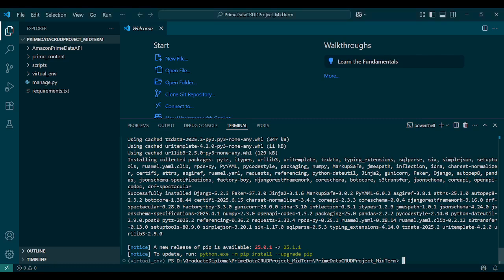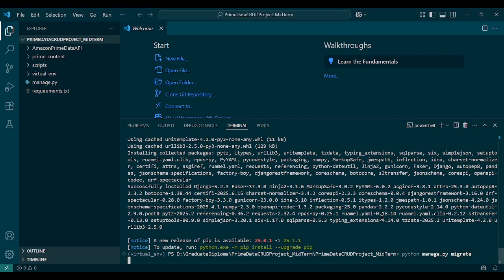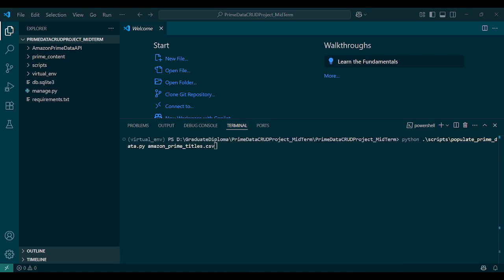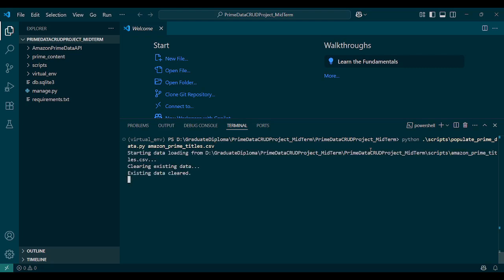After that we make a database migration. Then we do data seeding from the Amazon Prime Movie data CSV file to our SQLite database.